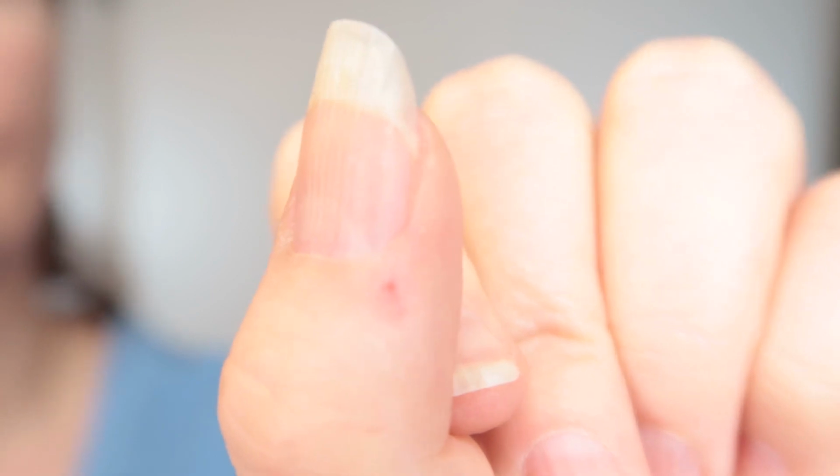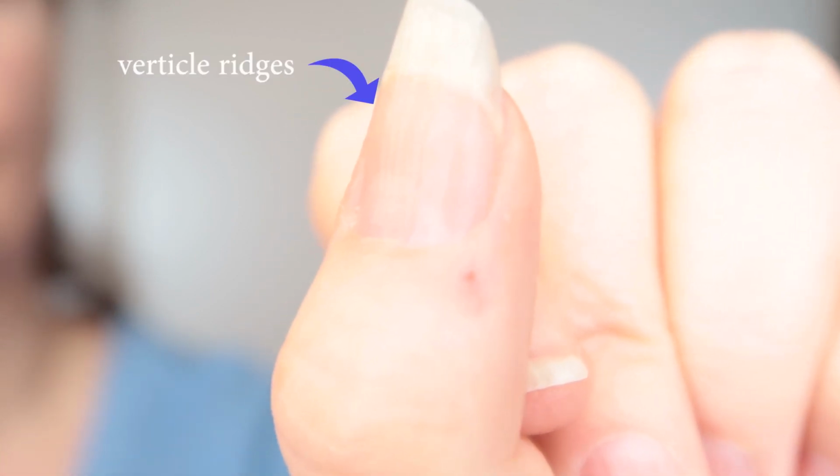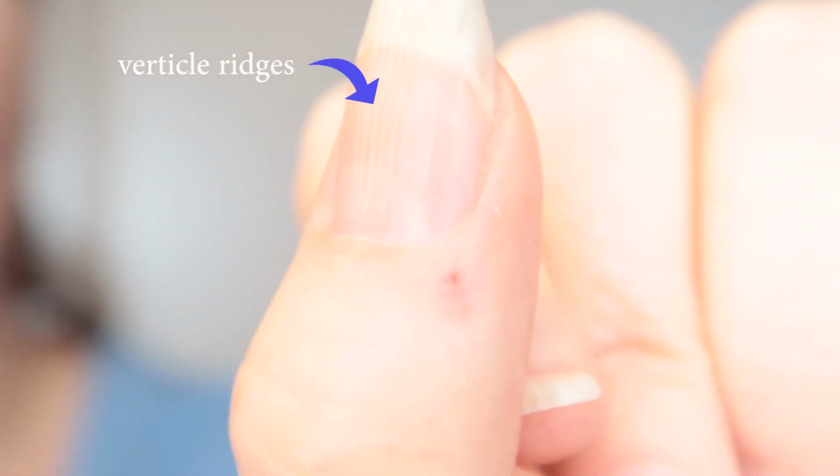Obviously, I have some issues with my nails. I've done a video on my nail ridging. I have vertical ridging down my nail, and I also work really hard to strengthen my nails so I can grow them really long, keeping them moisturized and keeping healthy and stopping myself from fidgeting with any little bit on the side of my nail or in my actual cuticle is so key to helping me keep my nails